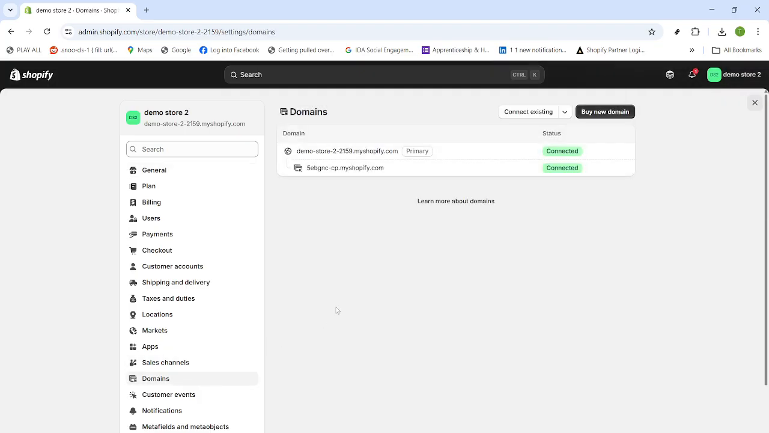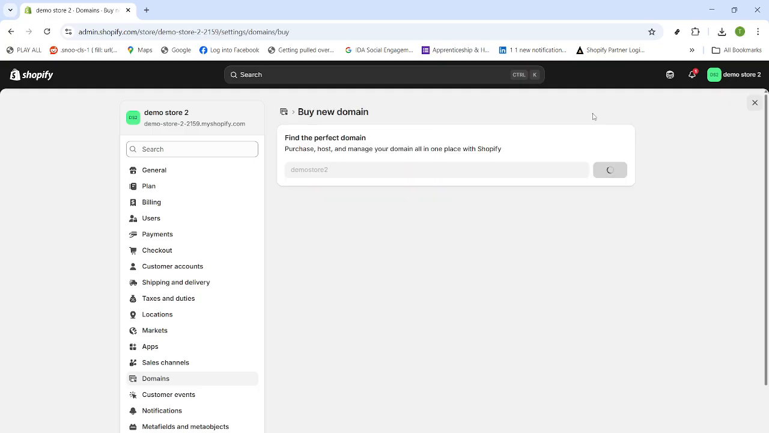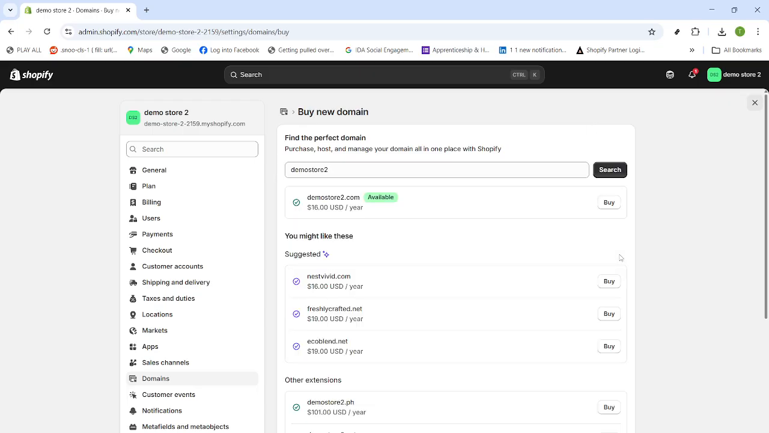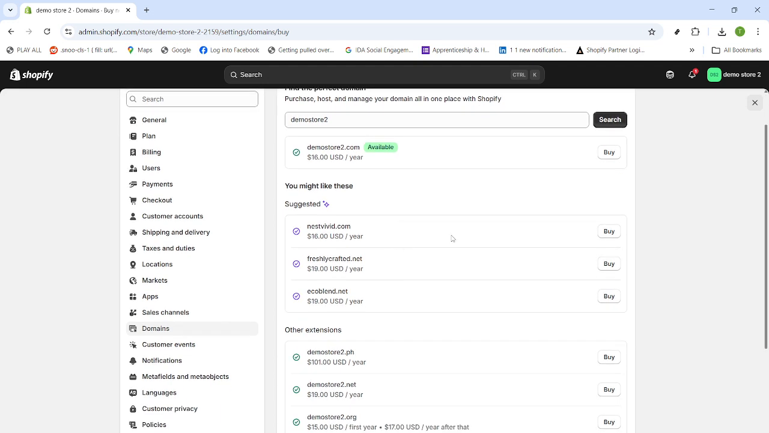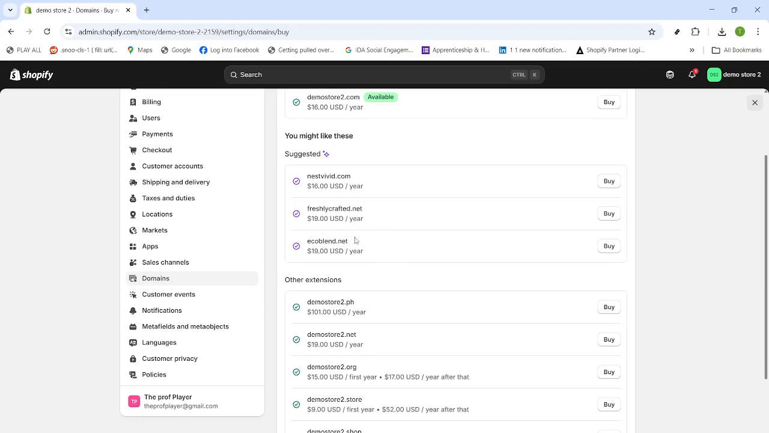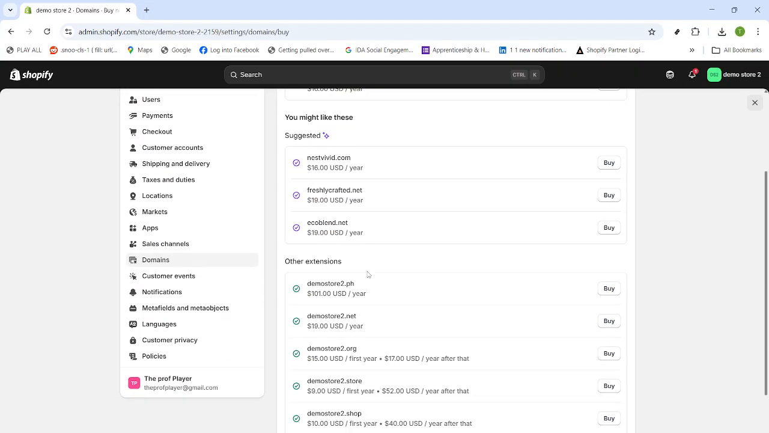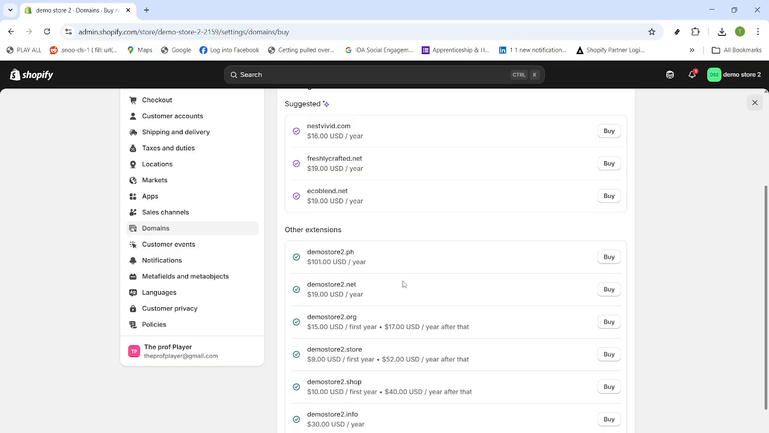If you need a new domain, click Buy New Domain. Shopify will show you a list of available extensions along with their yearly pricing. Take a moment to compare options. Some extensions have a lower first-year promo price and a higher renewal, while others have a consistent annual cost. Pick the extension that fits your brand and budget, then select the one you want to proceed with and click